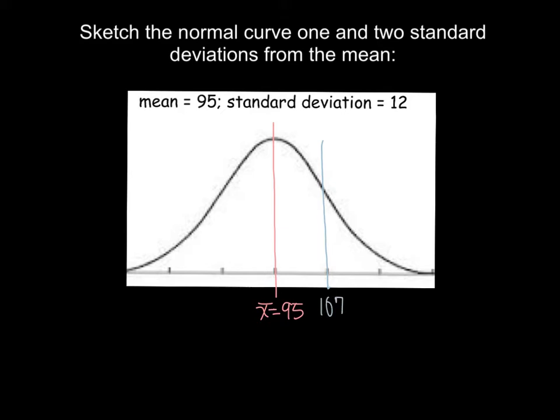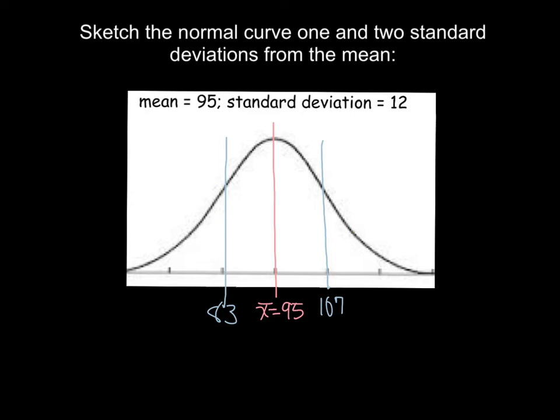1 standard deviation to the left is going to be the average, that 95 minus 12, which is going to leave me with an 83. So within 1 standard deviation goes from 83 to 107, but 1 standard deviation to the right is this width, 1 standard deviation to the left is this width. So this measures 2 standard deviations, but when you say something is within the first standard deviation, it means within